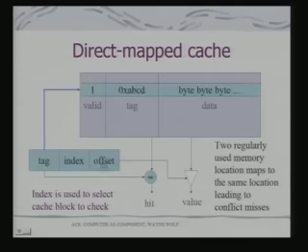So, this is what we are trying to show here. So, you have a tag. Using the index I have got to a particular block, looking at the tag, I compare the tag, and then on the basis of that I shall say whether it is a hit or not. If this is equal, then there is a hit, and then I shall get the data which is a byte. Now, this logic is what is implemented by the cache controller, along with other things as well, the whole policy part as well.